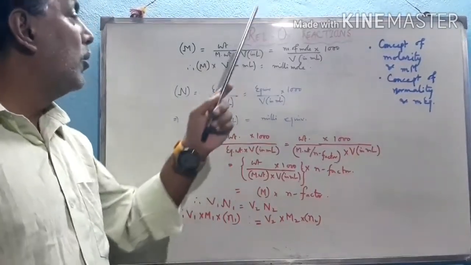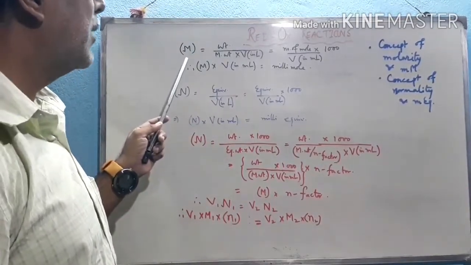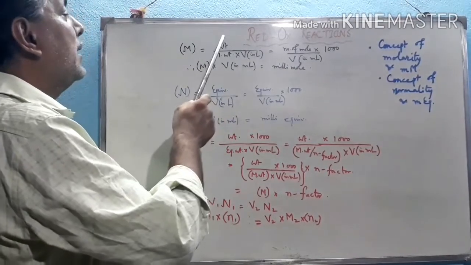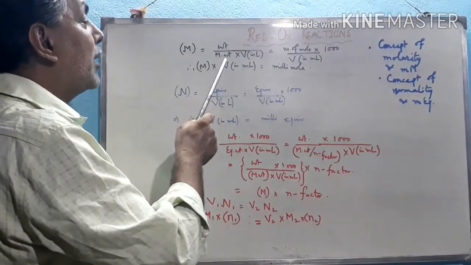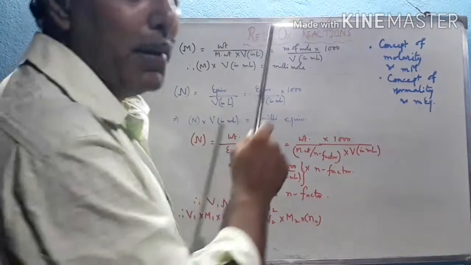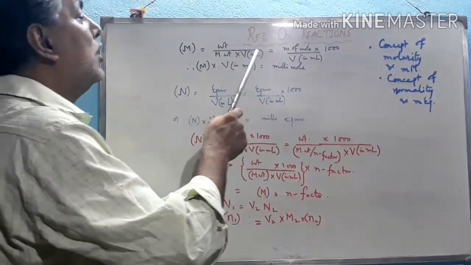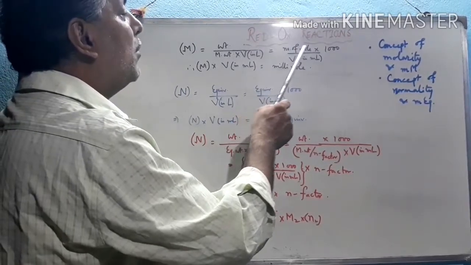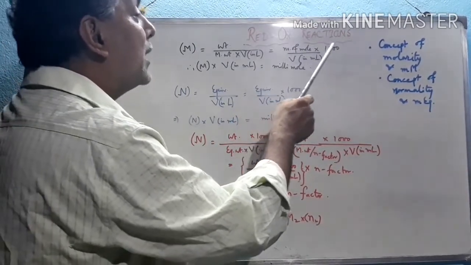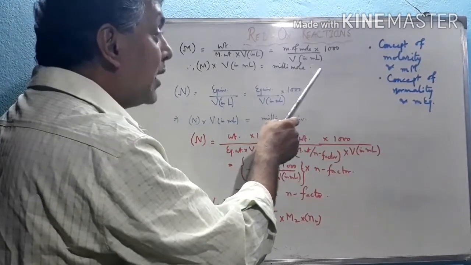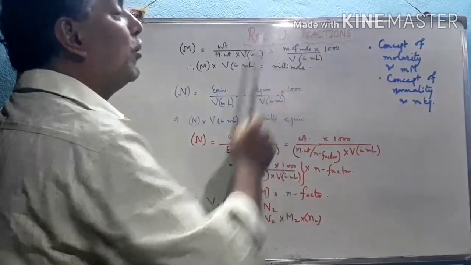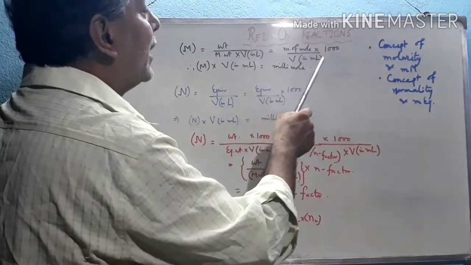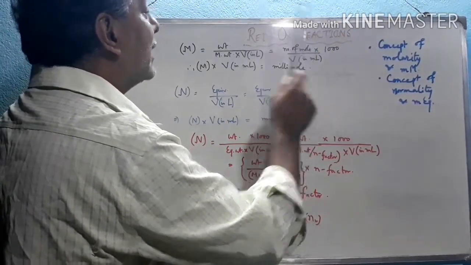Now we are discussing again the molarity of the system, the molarity of the substance, actually the solute. This is the weight divided by molecular weight into volume in liter. If we express weight by molecular weight as the number of moles, then we can write the number of moles divided by the volume in milliliter divided by 1000, and the division by 1000 goes to the numerator. So it becomes the number of moles into 1000 divided by the volume in milliliter.